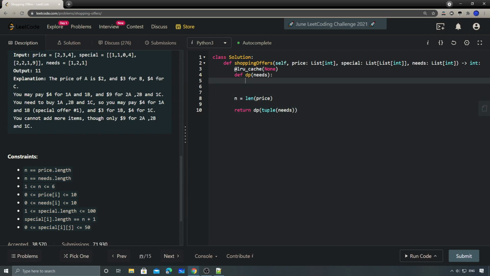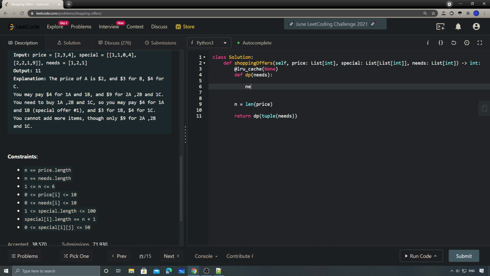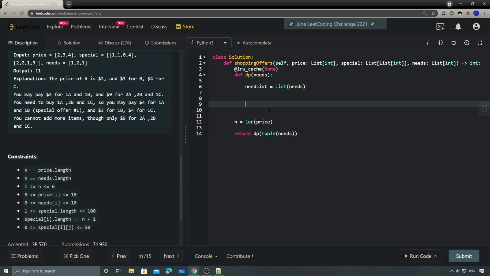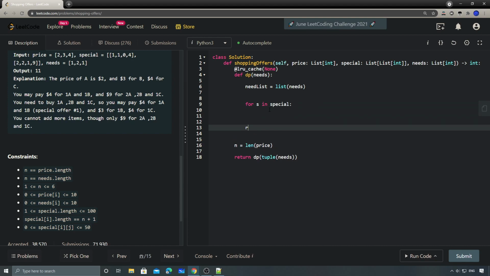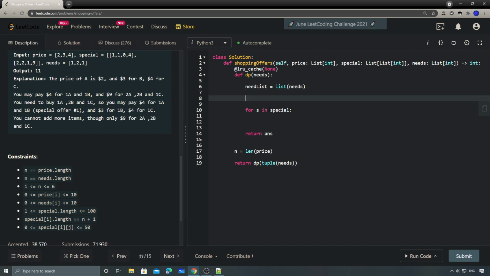Now I'm going to convert it back to the need list, because we need to update it based on the special offer. So for the special offer, we have first special in specials. We need to check each special offer. And then here we have to return the answer. I'm trying to write the main logic here. So the answer, at the beginning, is the system max size. Okay, but one thing to be careful about is that,